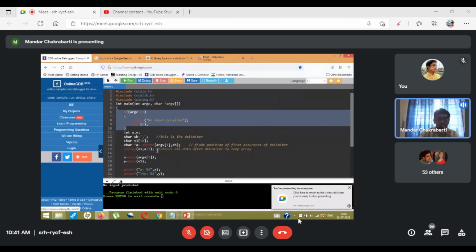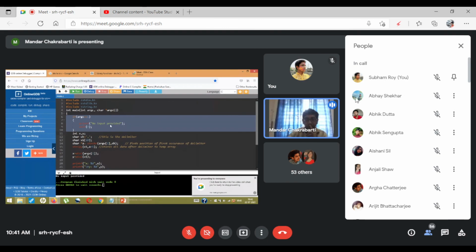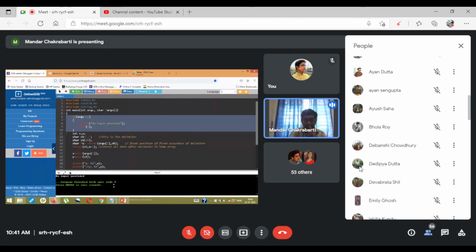Okay, so in this particular code, I have intentionally put up this set of code so that I can check that if I'm not providing any input to the command line, then it is going to show an error message and exit from the compiler. Since I have not given any command line inputs, it is saying no input provided.